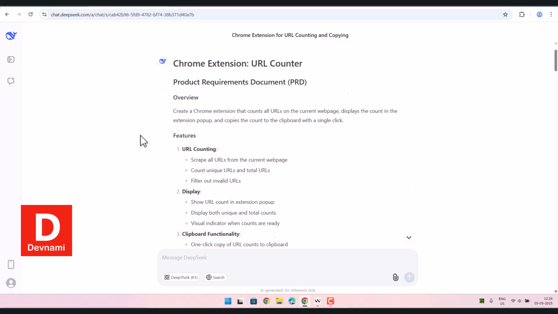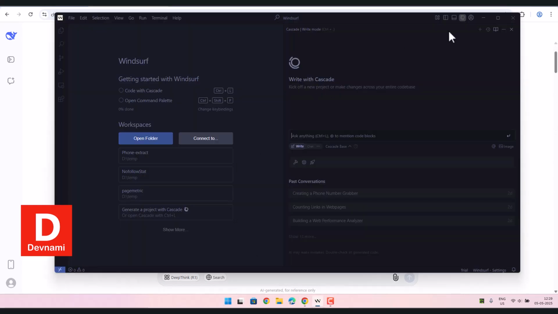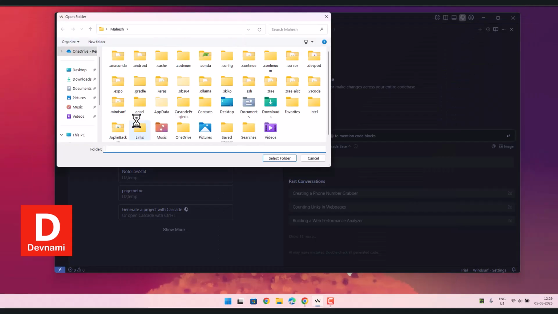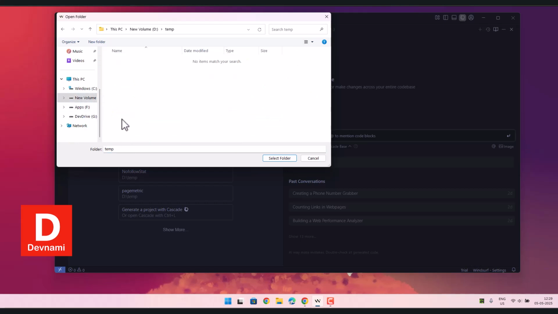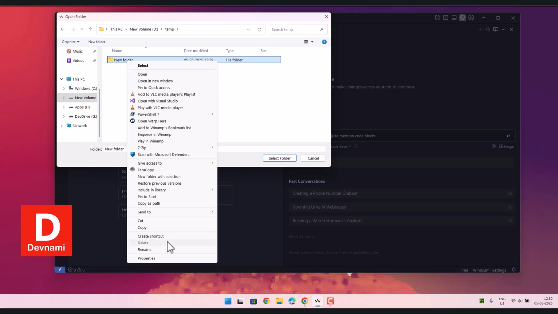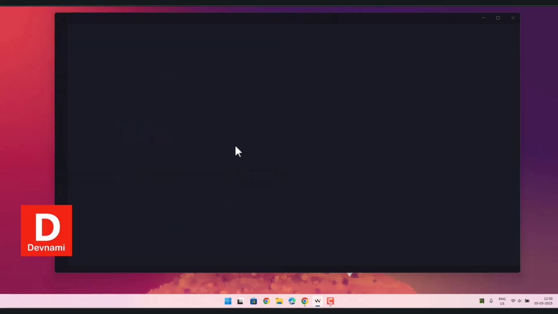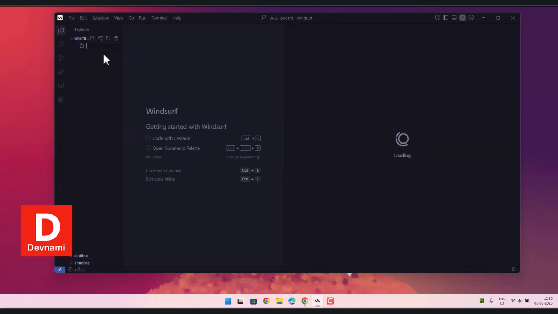So what I'm going to do, I'm going to open Windsurf, and here I will have to create a folder for this particular extension. So if I go to temp, I will see URL clipboard. So let me rename before I go URL clipboard, right? So once I make that, I can select the folder, and inside this I may have to write